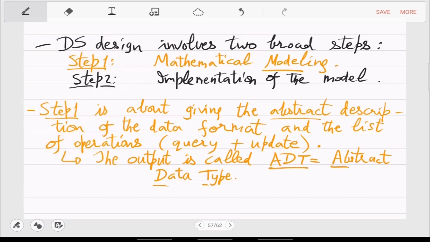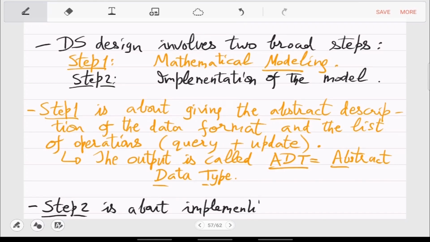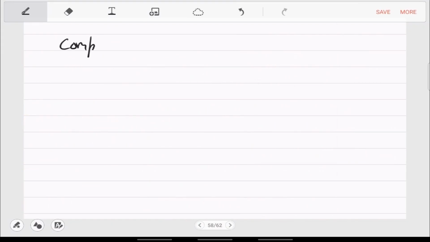Second step is just to implement it. But the implementation has to be very, very efficient. So this is about implementing the ADT in a computer, via a program, which in this course you can use C or C++.